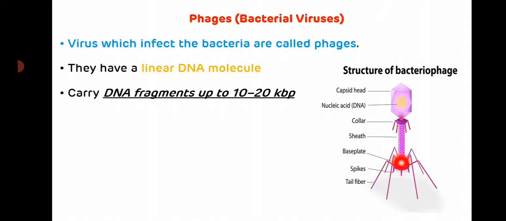There is tail sheath and basal plate, spikes and tail fibers. So these are more efficient than plasmids for cloning large DNA inserts, and phage lambda and M13 phage are commonly used bacteriophages in gene cloning. And as I told you, 10 to 20 or sometimes 53 kilobase pairs of DNA fragments can be packaged in the bacteriophage. The screening of phage plaques is much easier than the screening of recombinant bacterial colonies. So selection and screening is easier here in case of bacterial viruses or bacteriophages.